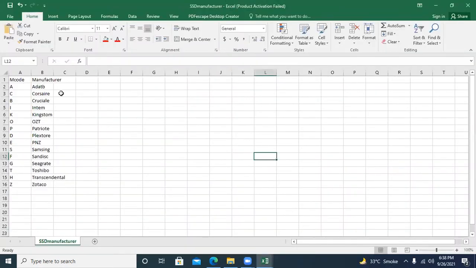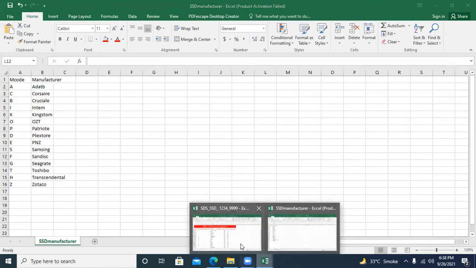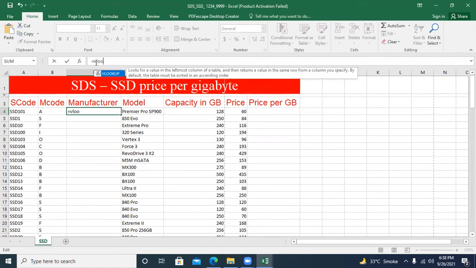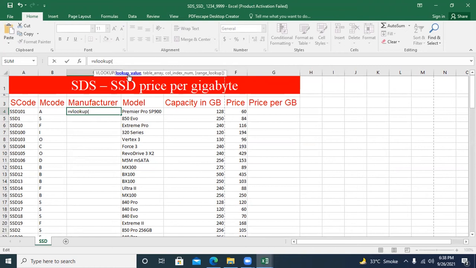Look, this is my data range file. So when the data range has already been given to you, you must use VLOOKUP. So first, bring your cursor here, use VLOOKUP. Now it shows the syntax.